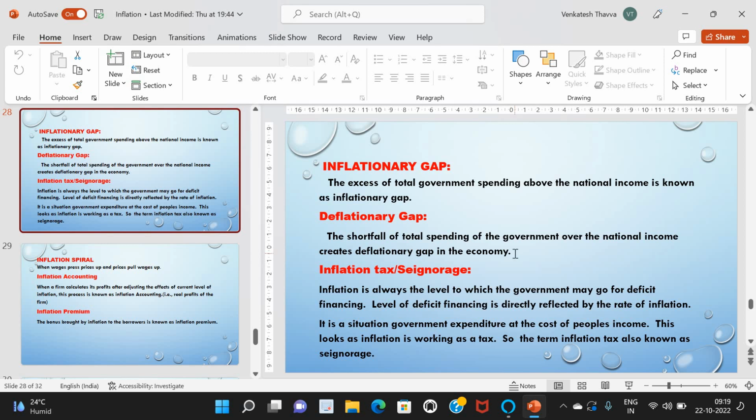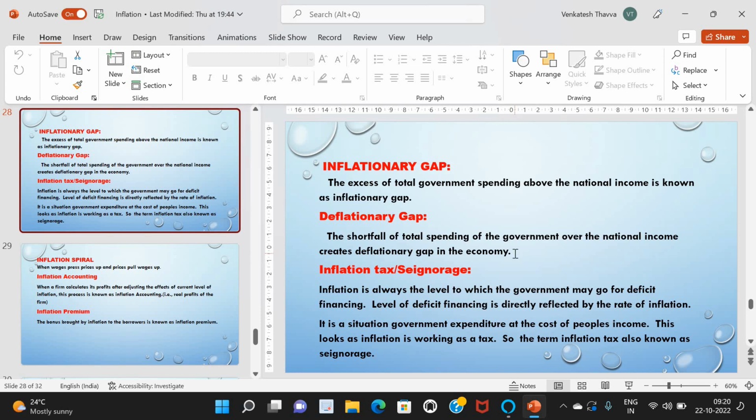What are the causes of deflationary gap? Fall in aggregate demand due to fall in exports, for example, a global recession. Next, fall in investment, for example, due to banking collapse and credit crunch. Next, fall in consumer spending, for example, higher interest rates, falling wages, and so on. It leads to rising unemployment, low economic growth, low rates of inflation or disinflation.